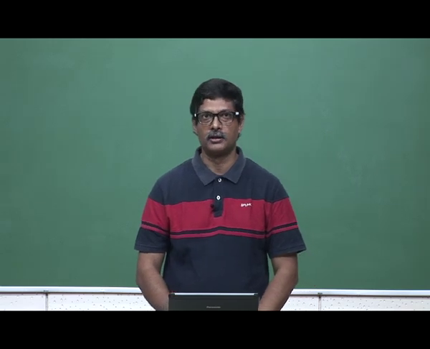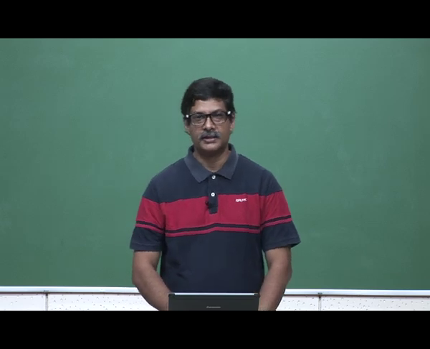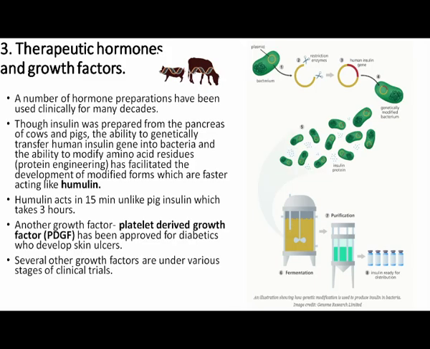We cannot just keep on slaughtering these cows and pigs, and therefore, this protein or this hormone insulin has been genetically synthesized from the human cells itself. So, what has been done is you take a bacterial plasmid, and to that bacterial plasmid you attach, by using some enzymes called the restriction enzymes, a gene responsible for producing human insulin, which is shown in red here. And then this entire plasmid is reinserted into the bacterium,